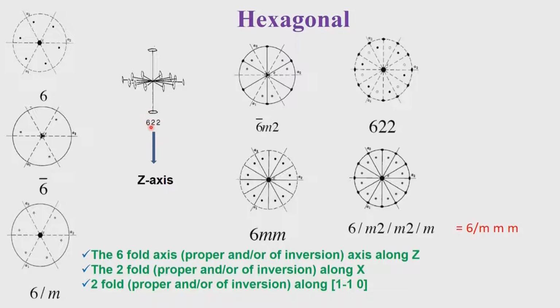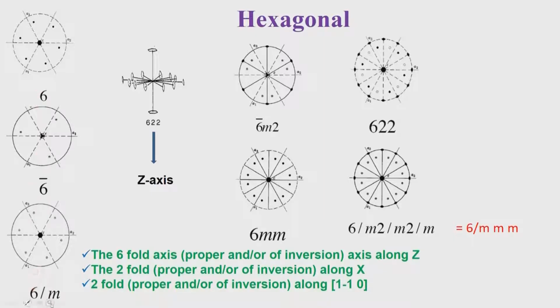Remember, when we did the point group symmetries which can exist just along one axis, we discussed the possibility of 2, 3, 4 and 6, and the 2 corresponds to a monoclinic system, 3 corresponds to a trigonal system, 4 corresponds to a tetragonal system, and 6 corresponds to the hexagonal system, and therefore, we have 6 and 6 bar which are indicated here, and along with that goes the 6/m symmetry. So, these are standalone single